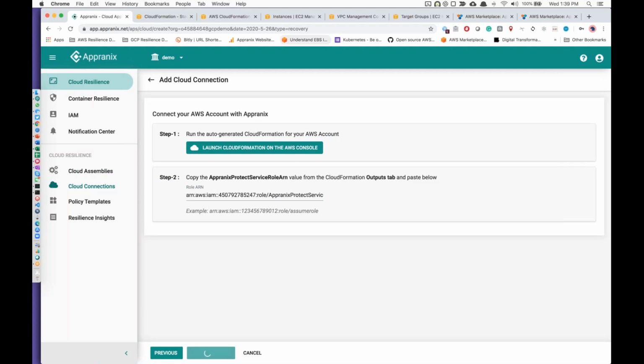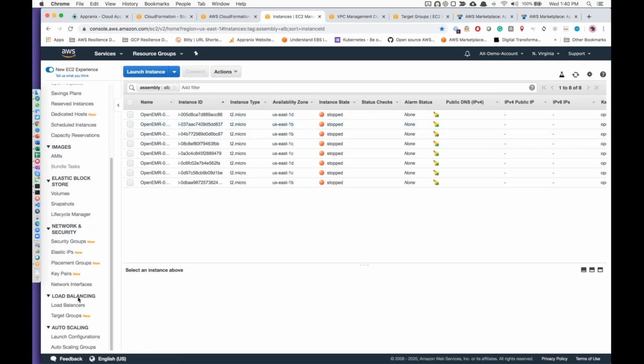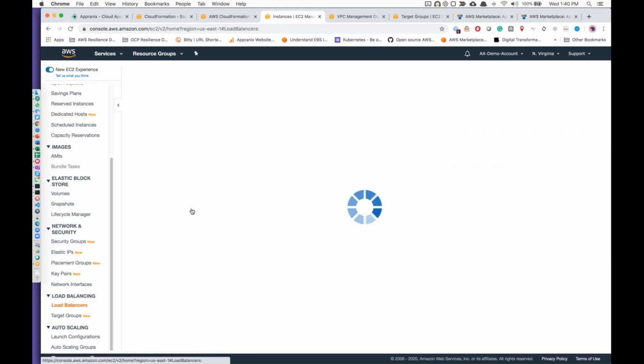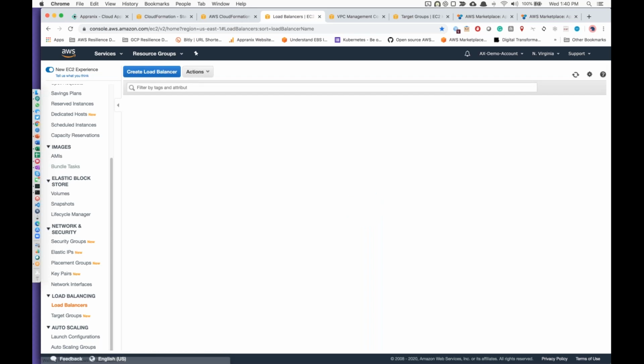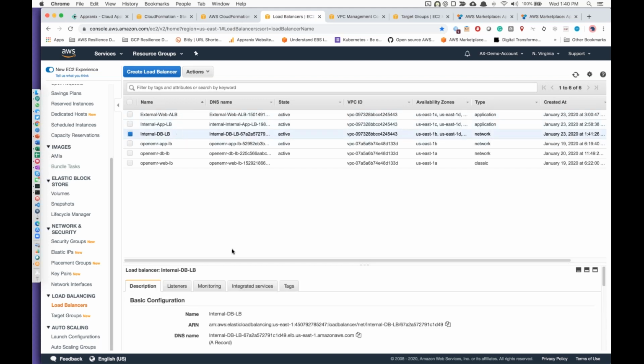In this particular case, I'm connecting to an environment that is running in Northern Virginia, a bunch of applications, components, the virtual machines here. And there are a bunch of load balancers running, and all the back-end plumbing is done. This particular application is using three load balancers: an internal load balancer, an external application-level load balancer, and the network load balancer here.